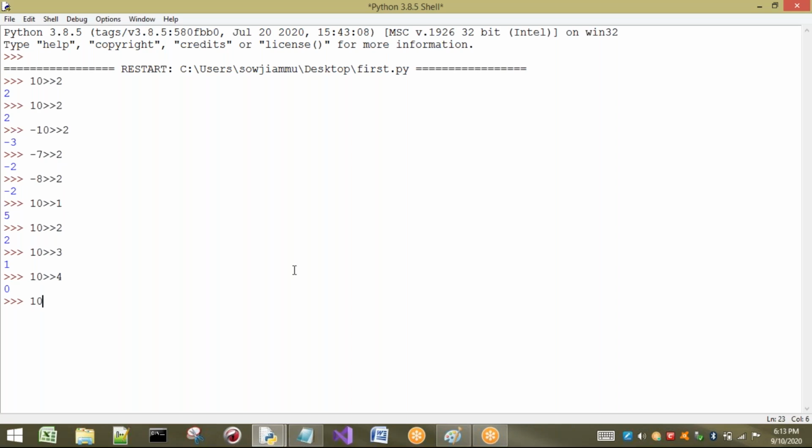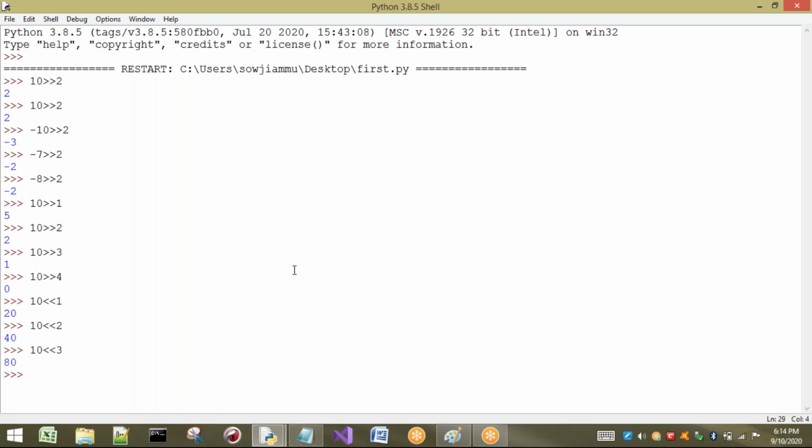Right now I am going to consider shift left of 2. It is going to multiply. First I will take 1, so multiply by 2. If I shift 10 by 1 left, it gives 10 into 2. If I take 2 shifts, then 10 into 2 into 2, that is 10 into 2, 20, 20 into 2, 40. Again, if I take 3 times, 10 into 2, 20, 20 into 2, 40, 40 into 2, 80. In this way, we can say directly without performing any shift operations. So this is about shifting operations.